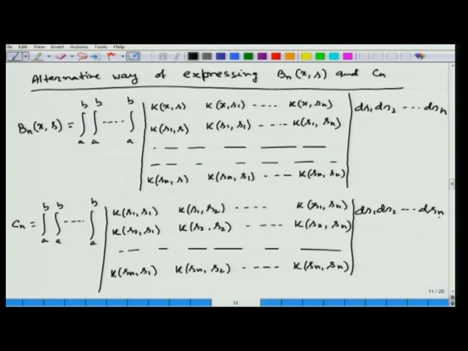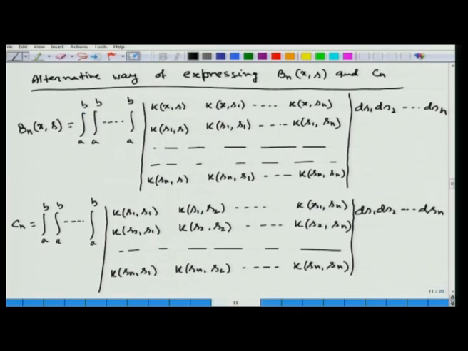So, in both these cases, although we have to evaluate these nth order integrals, from previous examples that we have discussed, you will be able to understand that using the property of determinants we can prove that Bn's will be equal to 0 for values of n say 3, 4 and onwards, or for example 2, 3 and onwards.